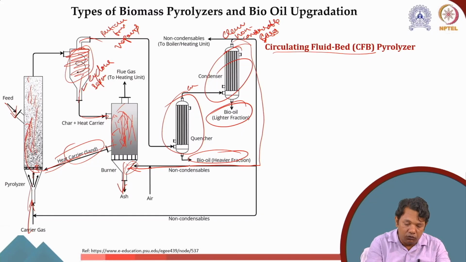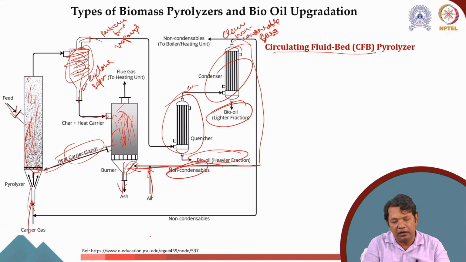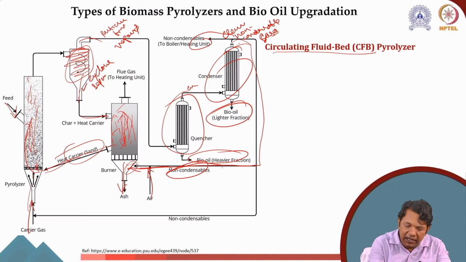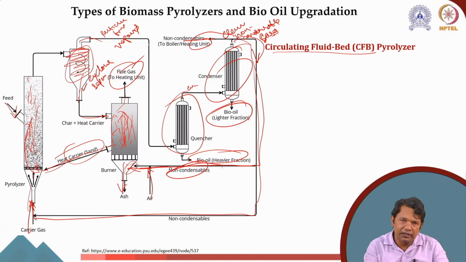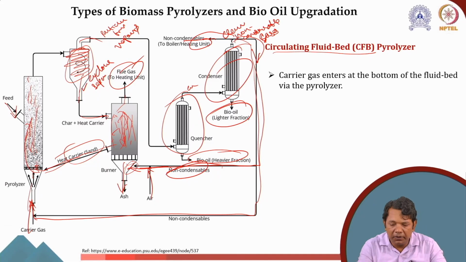The ash is removed from here. Now to burn this non-condensable gas, we also need secondary air, which is provided from here. If all the gas is not used, because you produce a lot of gas, only part of the gas is given here. Most of the gases go to the boiler for heating and combustion. Some part of the gas can also be recycled to be used as carrier gas here. Then from here we get the flue gas that will go to treatment.